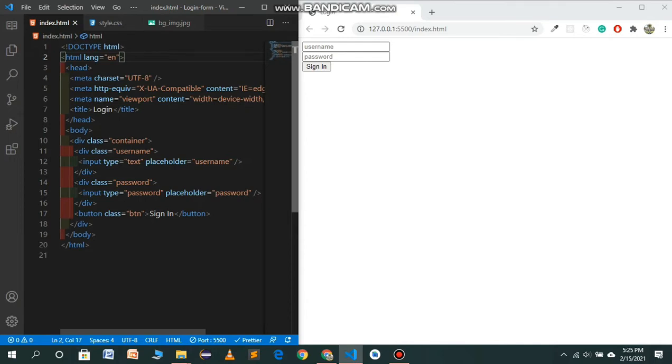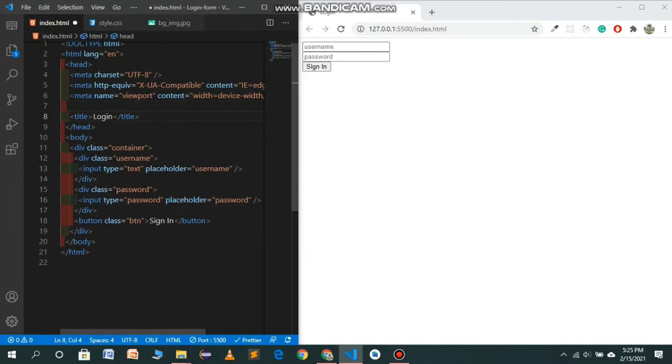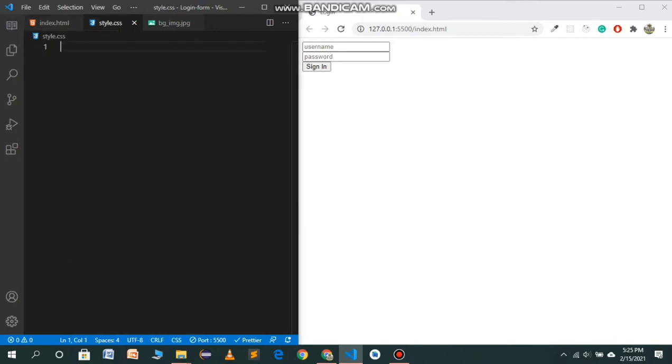Now we have to import our style file into our HTML file. The style file has the name style.css. One thing you should remember, there is a default margin of 10 pixels, as you will see here on the upper side of this input container.